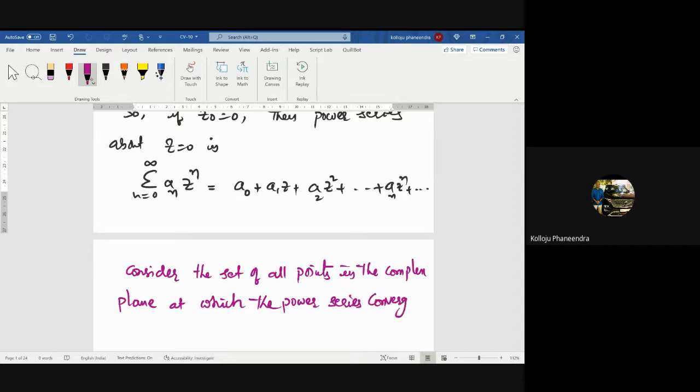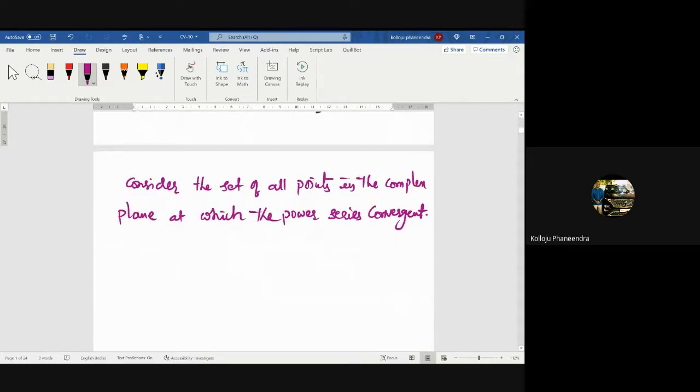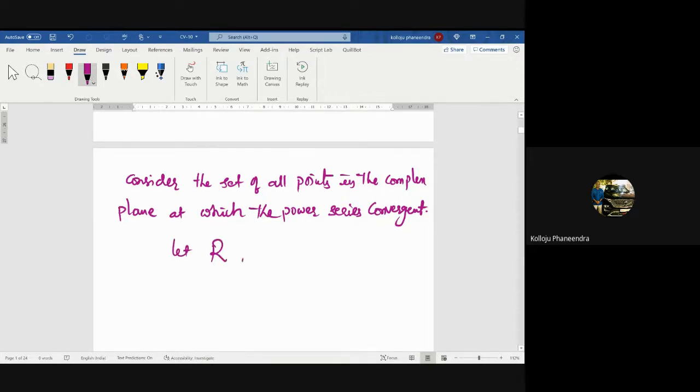That means I'm considering one complex plane, and in the complex plane at all the points the power series is convergent. And let capital R be the radius